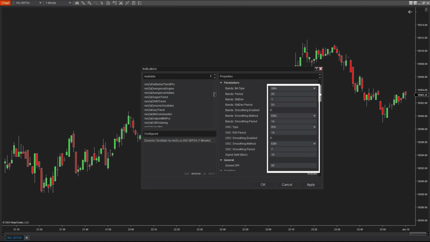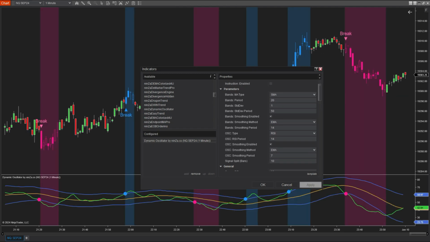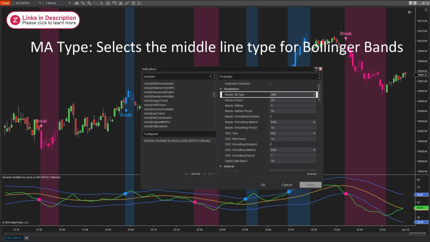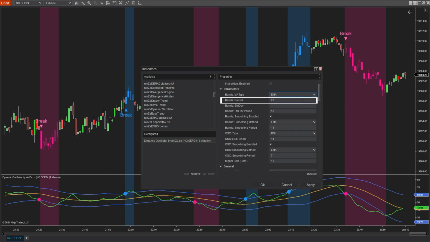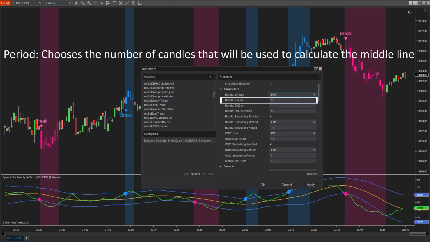First, let's go over some settings you can adjust. MA type. This allows you to select the middle line type for moving averages that suit your trading style. You can choose moving averages such as EMA, SMA, DEMA, or any other that suits your trading style. Period. Here, you can choose the number of candles that will be used to calculate the middle line of the